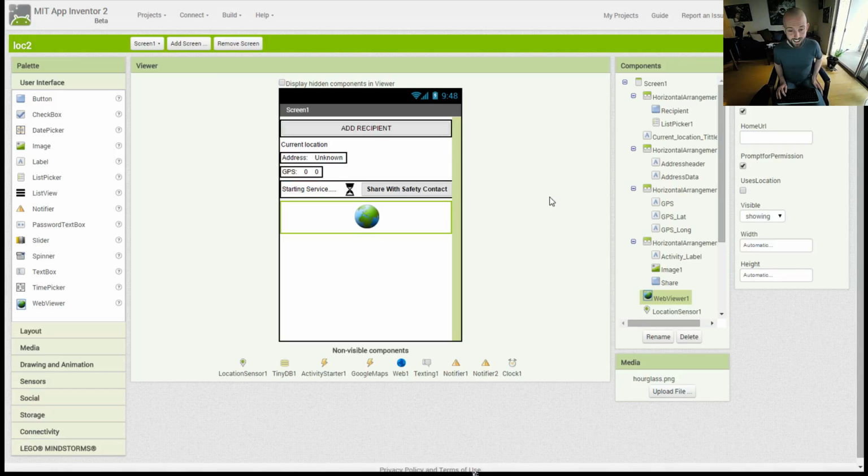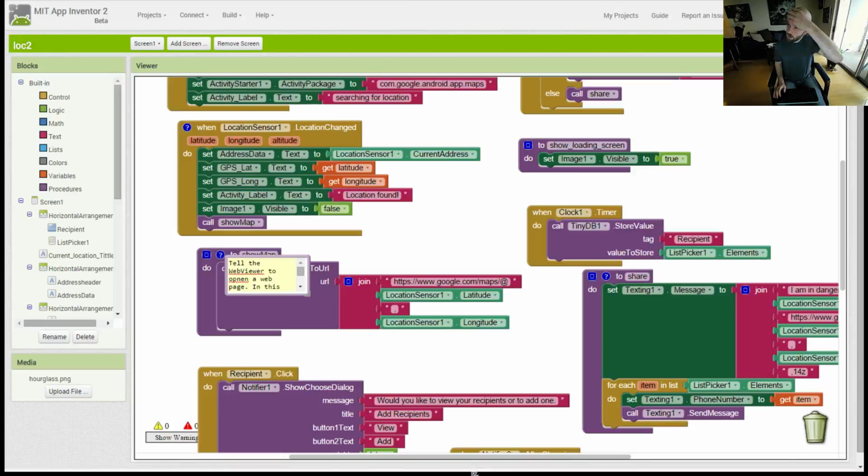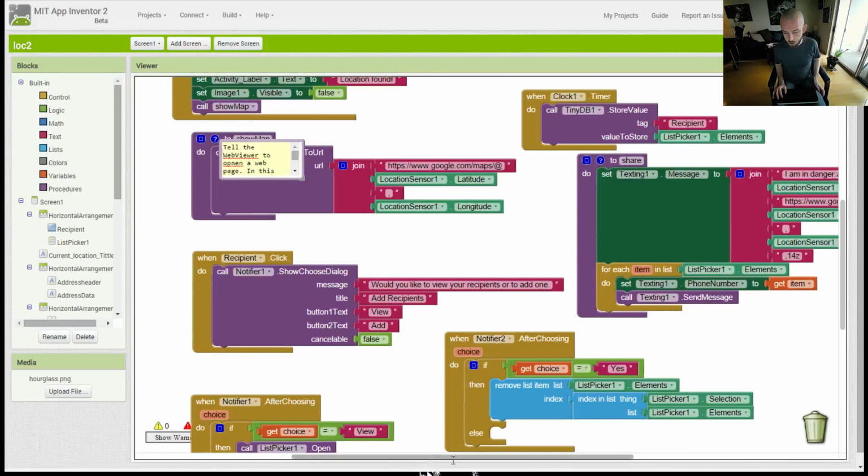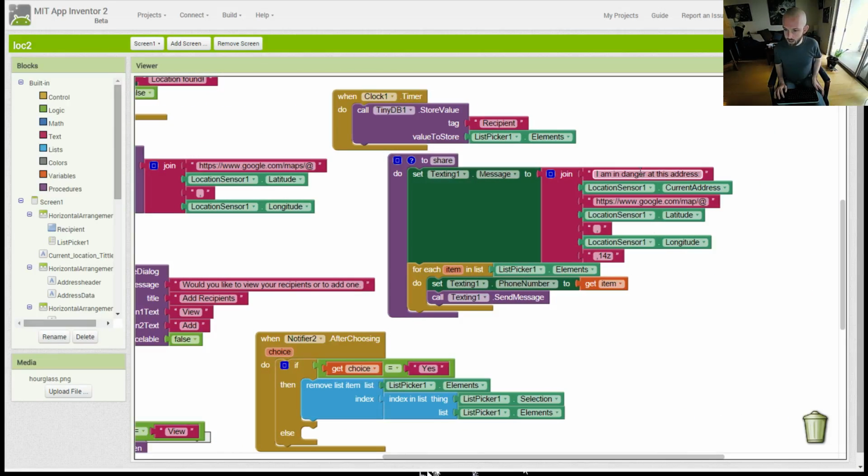The second issue, when you send a text message to your emergency contact, the link that was sent doesn't actually go anywhere, and you just get an error message. That's actually a very easy fix. So you go to blocks, and you go down to this block of code called share. And you see here, I am in danger at this address. It'll copy your current address, and then it'll provide a little link,